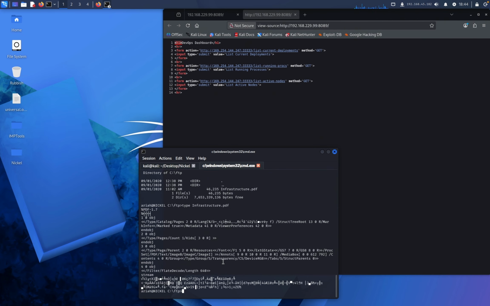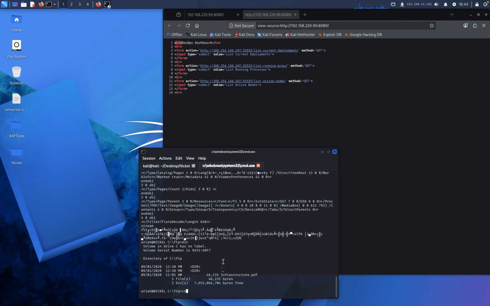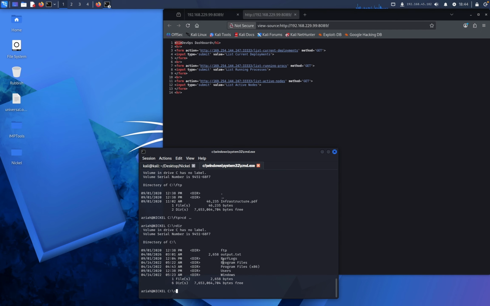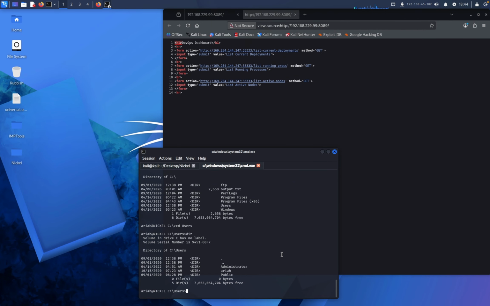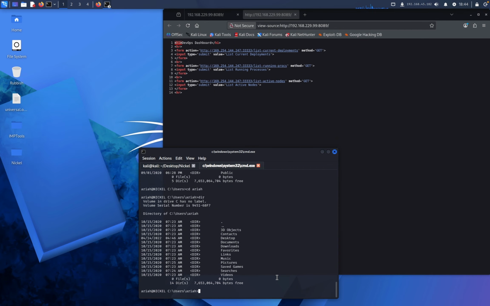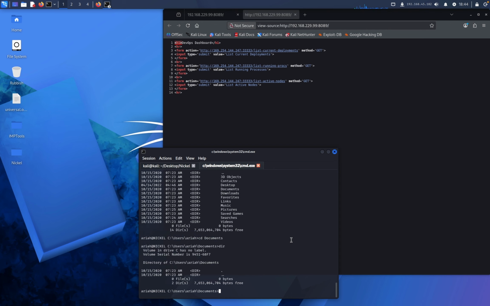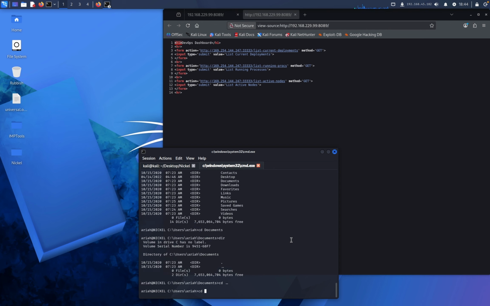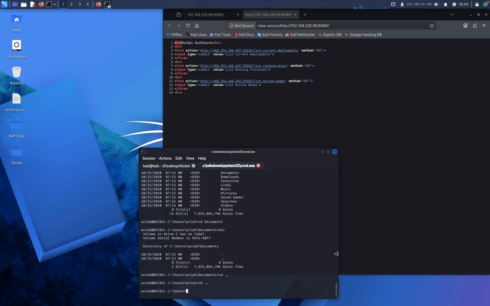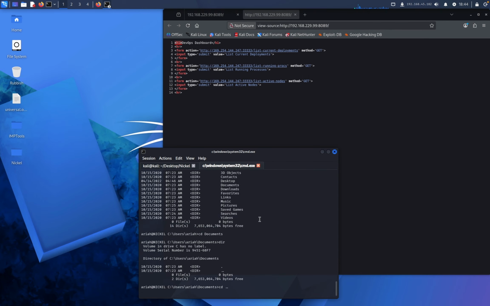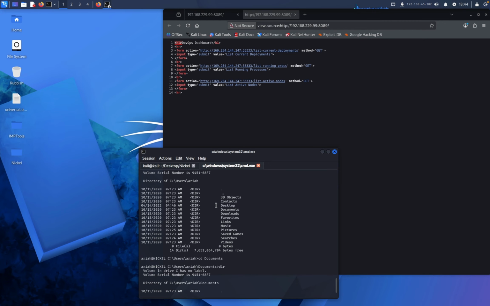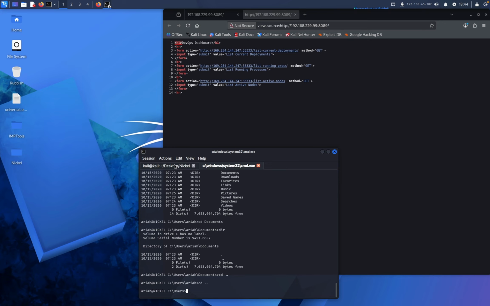Let's do a dir again to see if there's anything else in here. Nothing much. Let's go into users, into area, into the documents folder just to see if we have anything interesting there. Nothing interesting here, nothing there. So now that we're not able to find a possible escalation pathway, the next step would be to